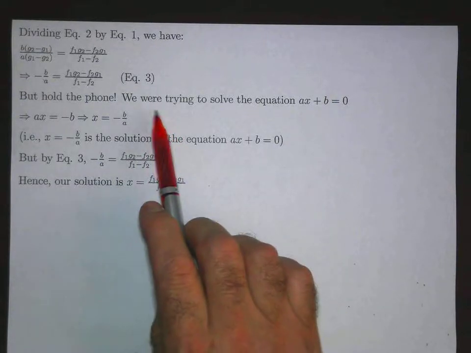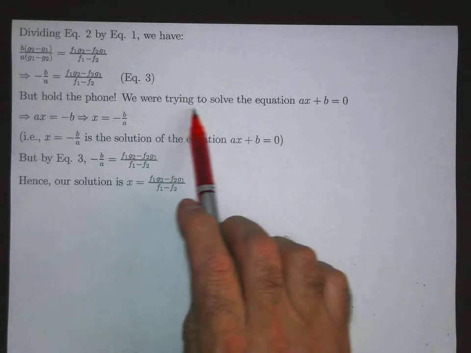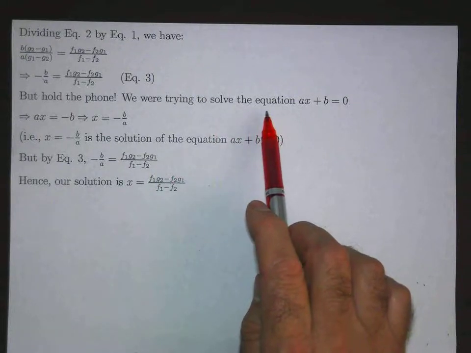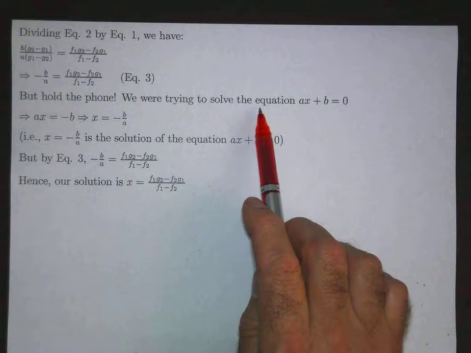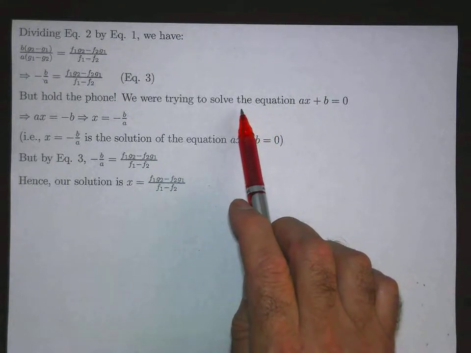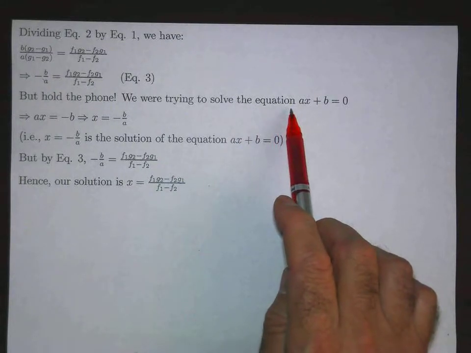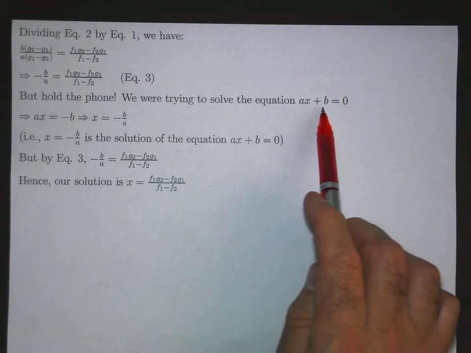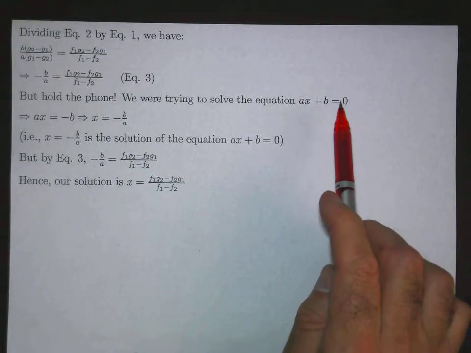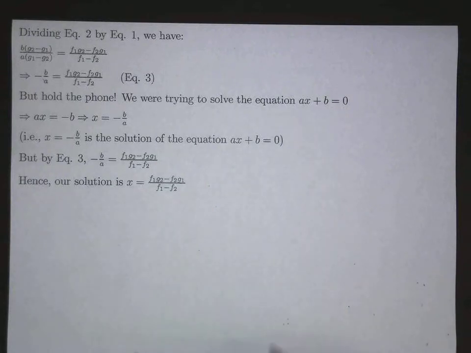Well, let's step back and remember what it was that we were trying to do. Not as Egyptians who didn't know what an equation was, but as 21st century mathematicians, we're trying to solve the equation ax plus b equals 0 the way that the Egyptians would have done it if they had known what an equation